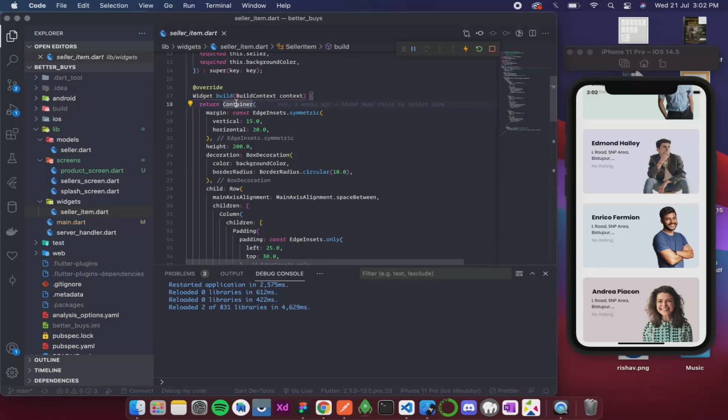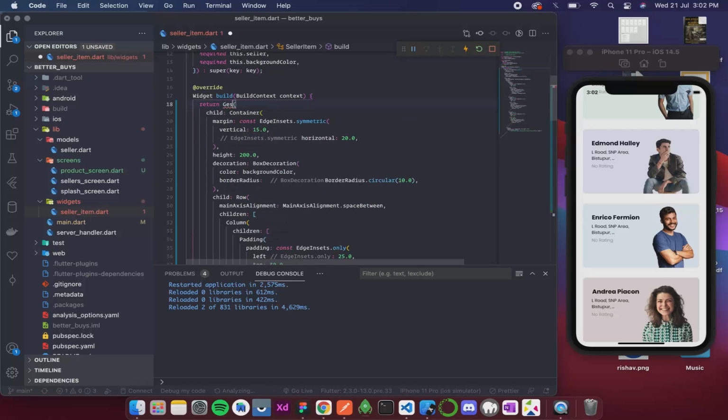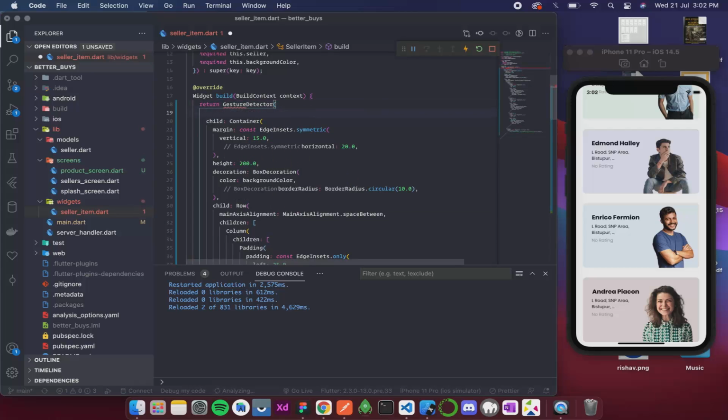Now over here I'll wrap it with a gesture detector. The gesture detector detects our gesture, and the gesture is going to be on tap, meaning we want some action on tap, and the action is very small, meaning we just need to navigate.